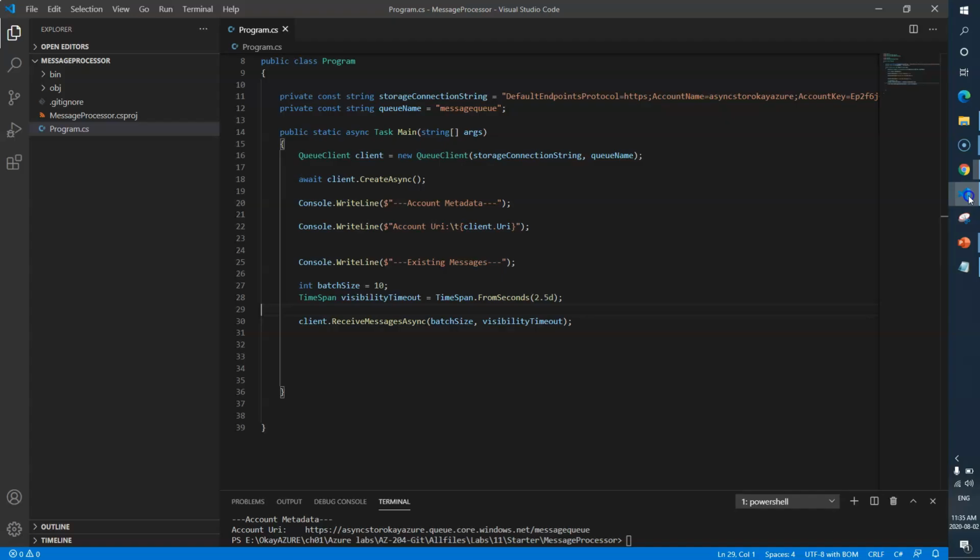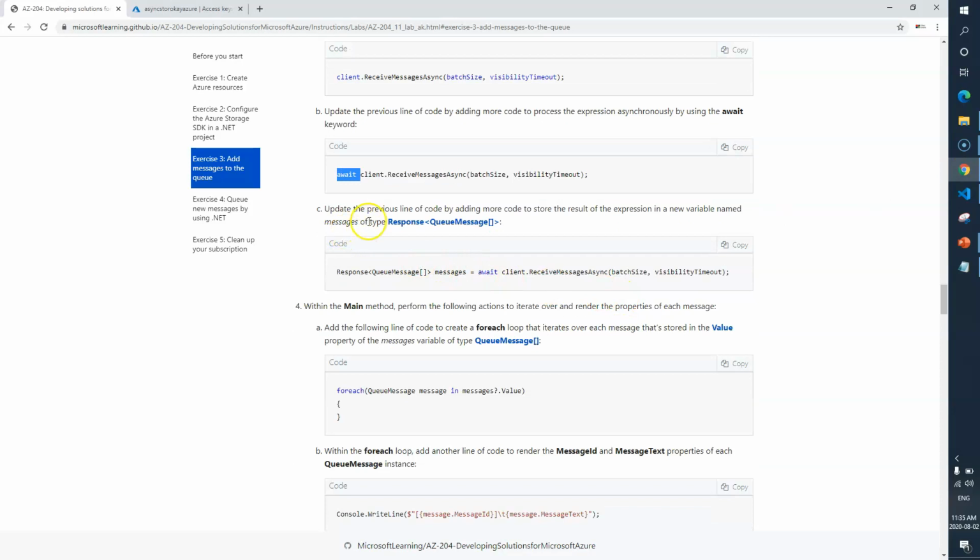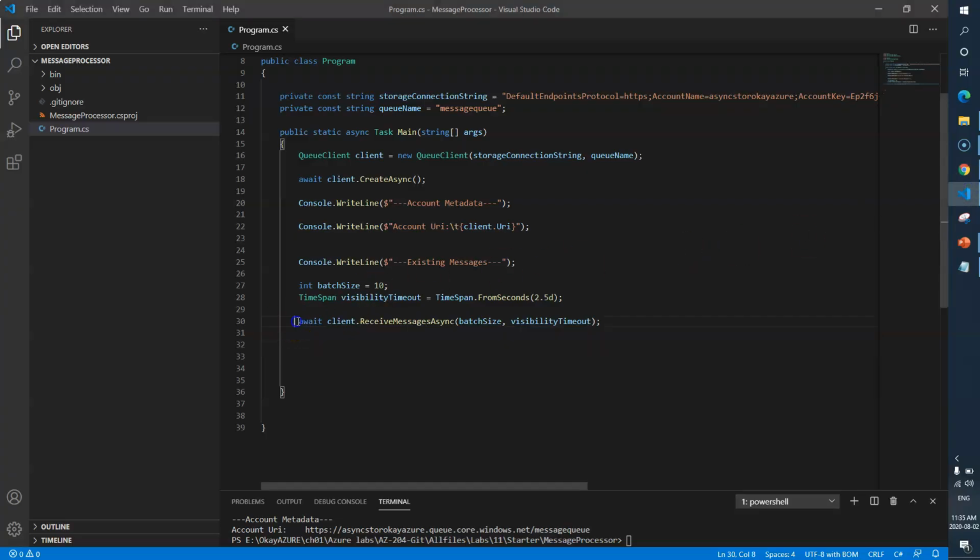So now this piece of code will run asynchronously. Now update the previous line of code by adding more code to store the result of the expression. So this will retrieve the messages, and we are going to store all those messages in an array. Let me just update the code here.